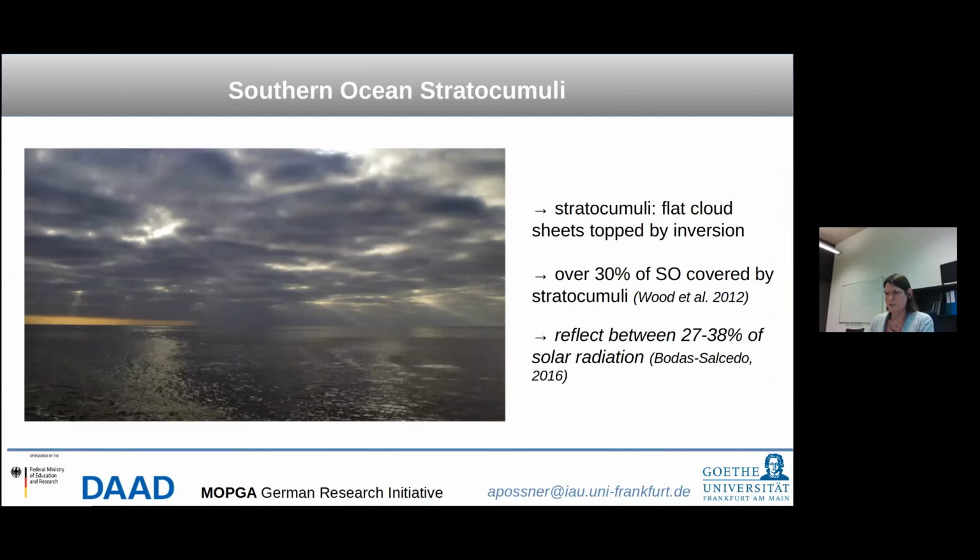This is another perspective of stratocumulus, this time looking from the bottom up, and it nicely highlights the key features of these types of clouds. They're very shallow in vertical, they only extend a couple of 100 meters, whereas convective clouds and tropical storms extend over several kilometers. They form near the surface, and as this image visualizes quite nicely, they block out a lot of the incoming sunlight, and in the regions where we have no cloud in between the gaps, sunlight is coming through and hitting the surface.